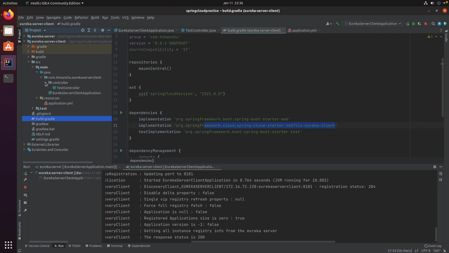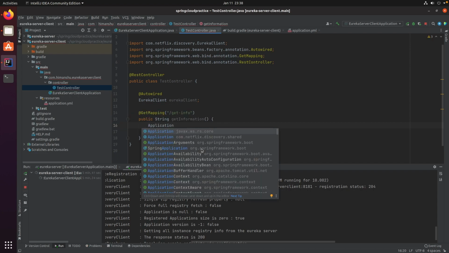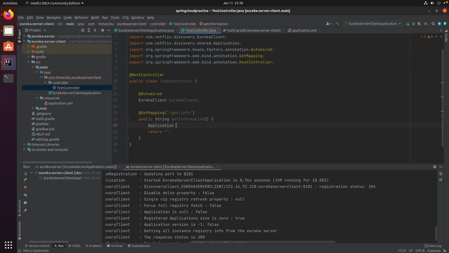Now let's get back to our controller. Let's create an Application object, the shared one, Application, and using our Eureka client,